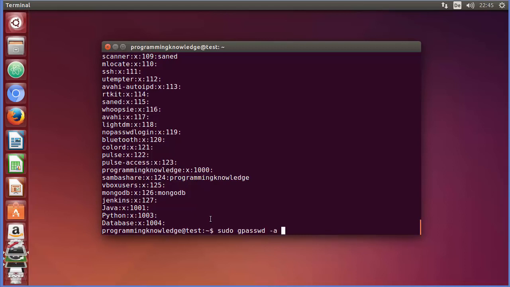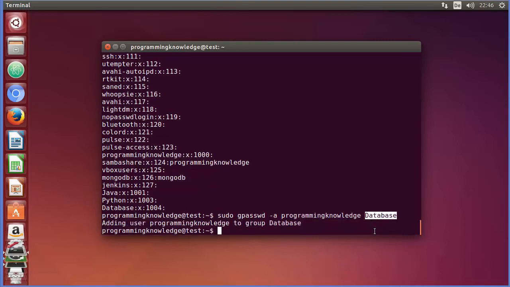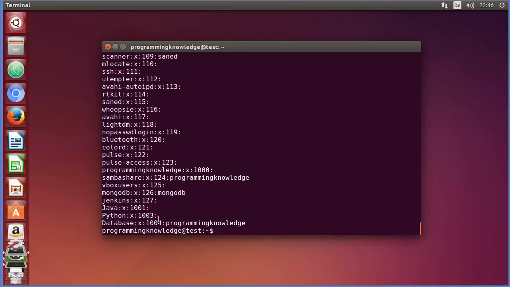Right, so first of all we will add the user to the group. So -a flag for adding the user, and then the username which you want to add to the group, so programming knowledge, and then the name of the group you want to add it to. So this is the command. Okay, so sudo gpasswd -a for adding, then the username, and then the group name, and press enter, and then we can see the message adding user to the group, right? And then we can list the groups once again, and you can see this user is now a member of